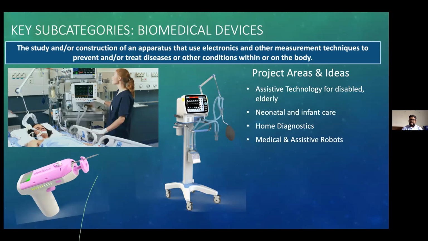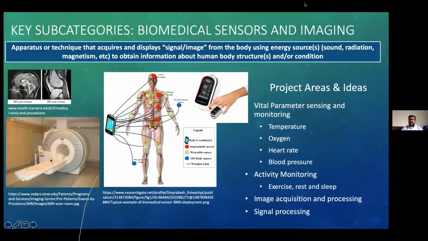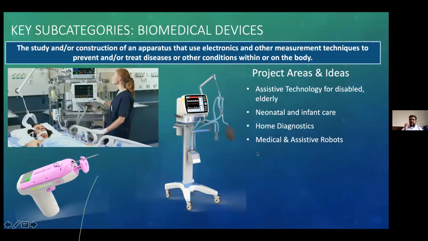The BP machine or the pulse oximeter that measures the oxygen in your blood is useful to control a ventilator or to give doctors insight whether you are breathing properly and you have enough oxygen in your body. All of those are biomedical devices. And so the field is pretty vast. You can pick whatever you like. You can make devices that are very simple. They don't have to be very complicated.